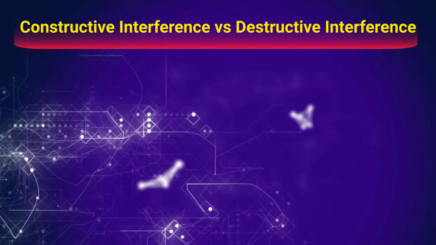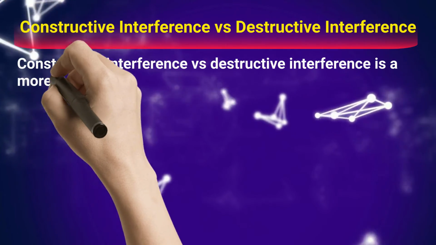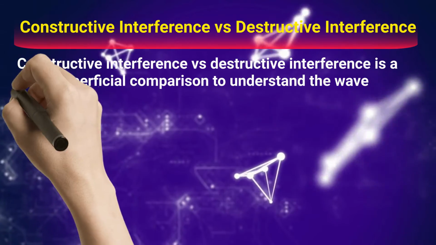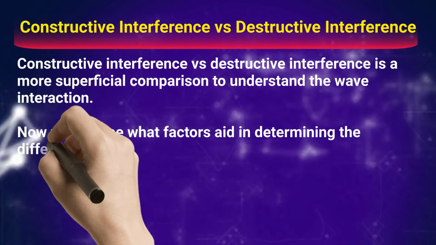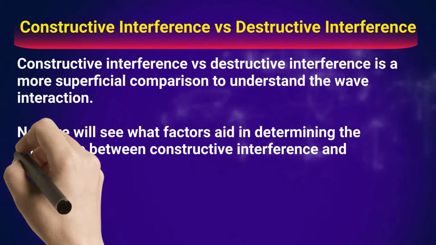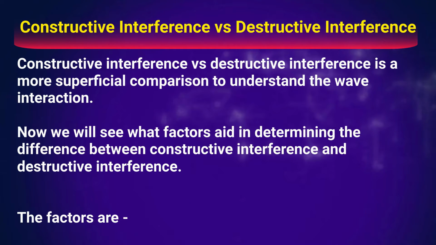Let's start with the objectives of this tutorial. Constructive interference versus destructive interference is a more superficial comparison to understand the wave interaction. Now we will see what factors aid in determining the difference between constructive interference and destructive interference. The factors are: